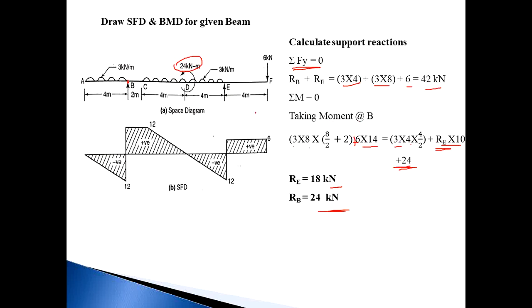Basically, once again I repeat, whenever a moment is available on the beam, you directly add it. If it is a clockwise moment, add it on the clockwise moment side. If it is an anti-clockwise moment, add it on the anti-clockwise moment side. Then next,